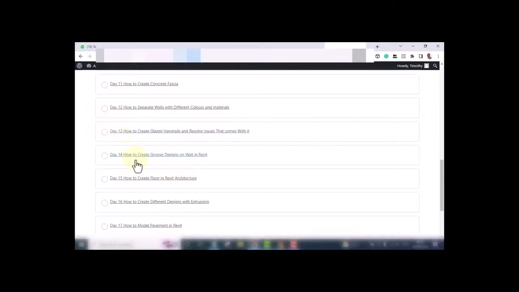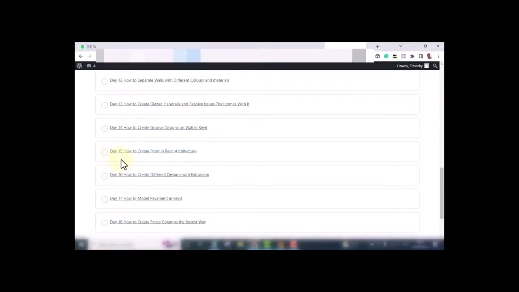We have done it in model practice 1, but this is more advanced. And we also have day 15. Here you will learn how to create floor in Revit architecture. Creating floors is good, but if you don't know how to go around it, your floors will be showing on the faces of your wall and it's not going to look professional. So in this particular video, we dealt with that, how to avoid your floors showing on the body of your